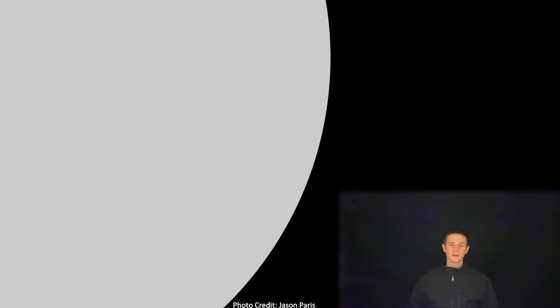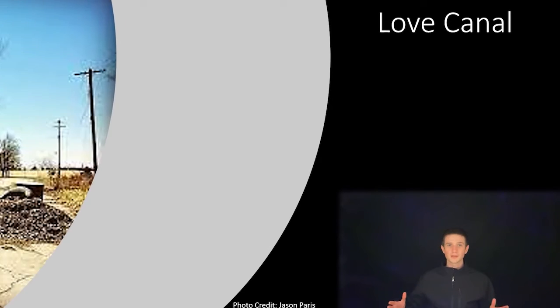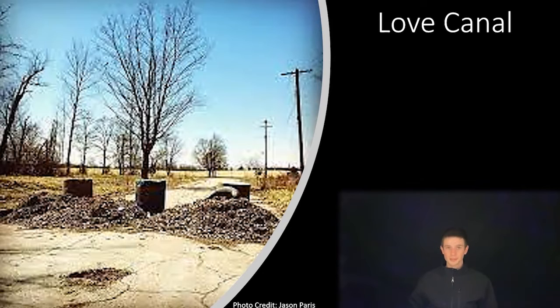One example of a massive pollution cleanup is Love Canal. Love Canal was a neighborhood in Niagara Falls, New York, that had been used as a toxic waste landfill for decades before it was a neighborhood. Residents of the area soon began to feel negative effects, including leukemia. The area was later cleaned up as a Superfund site, a designation reserved for the worst cases of pollution cleanup requiring large-scale federal attention.